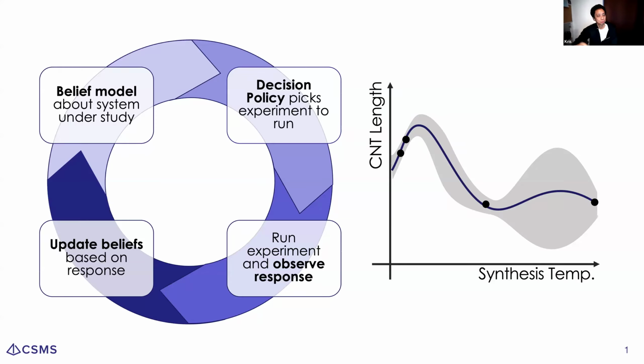We feed this to our robot. The robot runs that experiment. It performs the characterization to measure a property. It gets a new data point in our data set, and we update our model using Bayes' law essentially to get us an updated set of beliefs. So this would change if we get a new data point. Okay. Moral of the story: two ingredients, the model and the policy. The model can be used, for example, to estimate where we think experiments are good and uncertain. The policy is going to pick between the two.